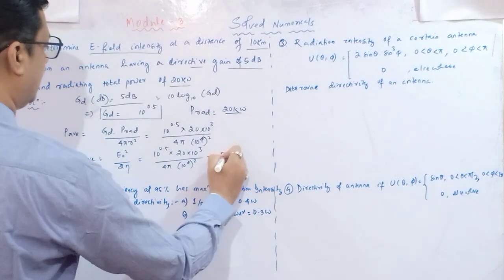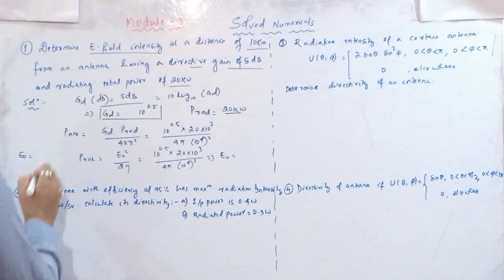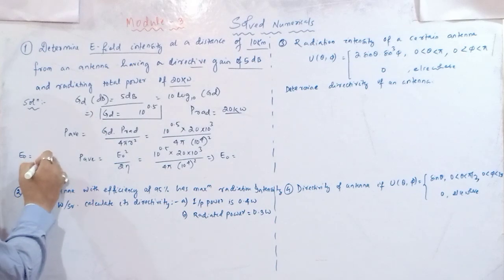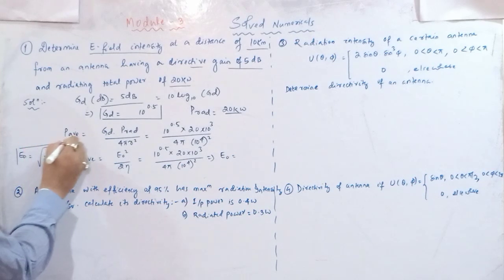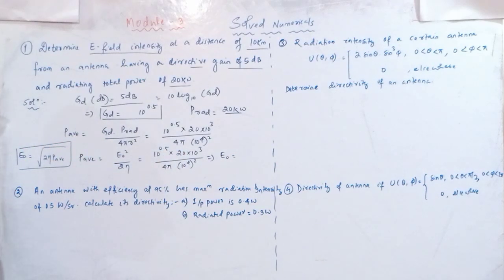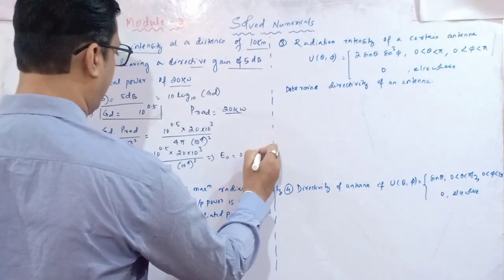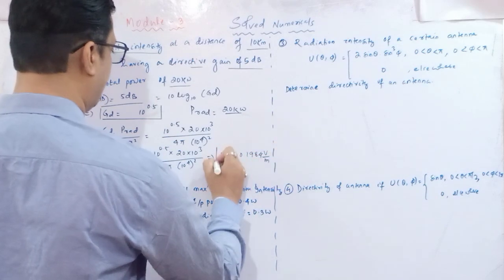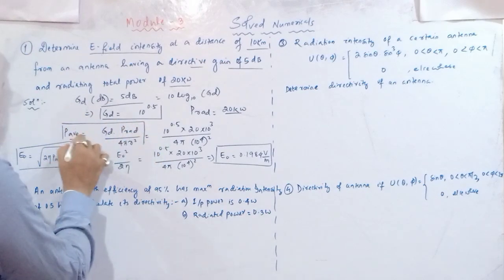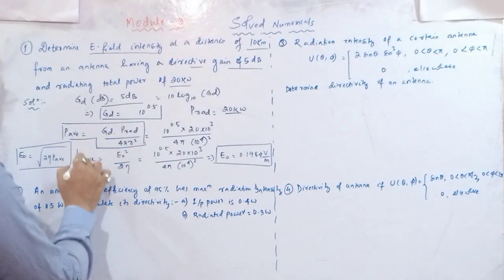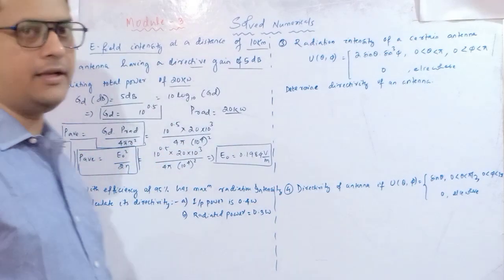If you solve this, the electric field strength E naught is equal to, I can write, root over of 2 eta P average. This is the small relation which you are going to substitute here, and E naught you will get around 0.1984 volt per meter. So this is the simple calculation with the help of a simple relation that we have derived in the previous class. These are the equations through which we can identify our electric field intensity.